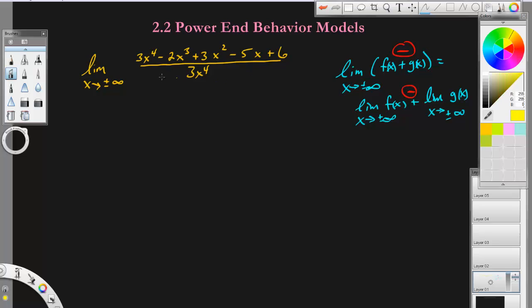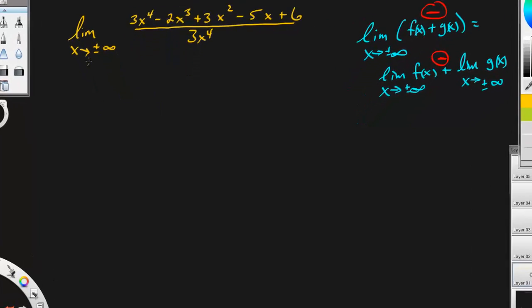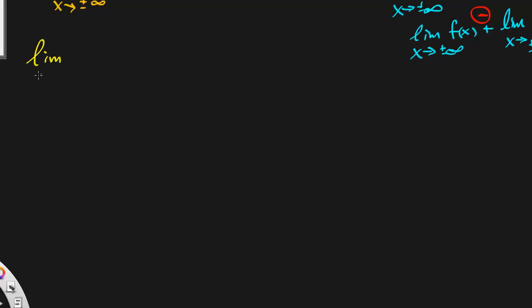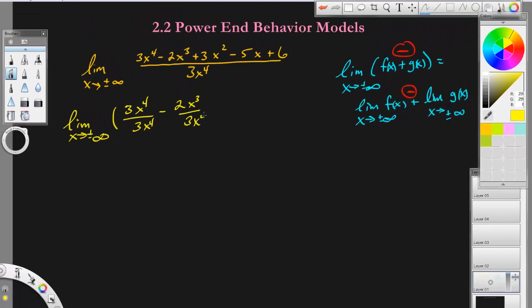Now let's go back to our problem here. For this, we can apply the blue concept to this problem. We can say that the limit as x approaches plus or minus infinity, we'll look at the graph and I'll draw a picture of this graph in a minute, is equal to all of these things on the top divided by 3x to the fourth. So we could have 3x to the fourth over 3x to the fourth minus 2x to the third over 3x to the fourth